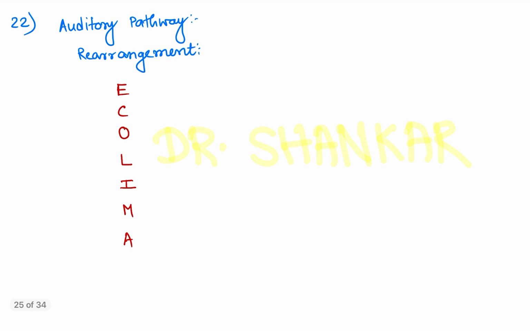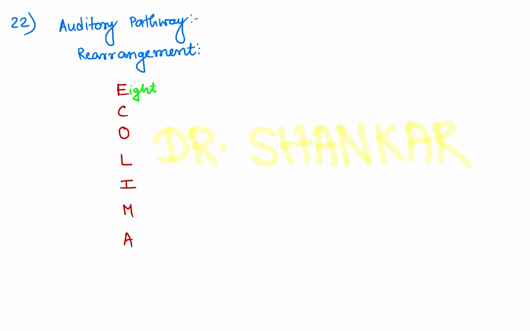Next, coming to question number 22. Question number 22 is about the rearrangement of structures involved in the auditory pathway. As all of you know, the popular mnemonic of the auditory pathway is ECOLIMA. So what is the full form? E for 8 nerve,